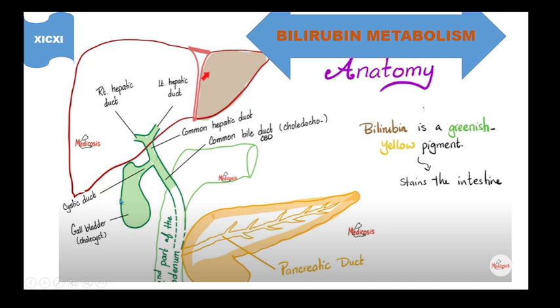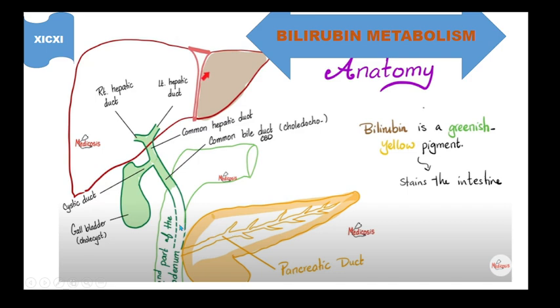Bile is going to be stored in the gallbladder by passing through the common hepatic duct, and now it is stored here in the gallbladder. It then leaves the gallbladder by using the cystic duct. Now it comes here to the common bile duct, where the hepatic duct and cystic duct are combined. So it comes here into the duodenum, where it is going to be combined with the pancreatic secretion through this pancreatic